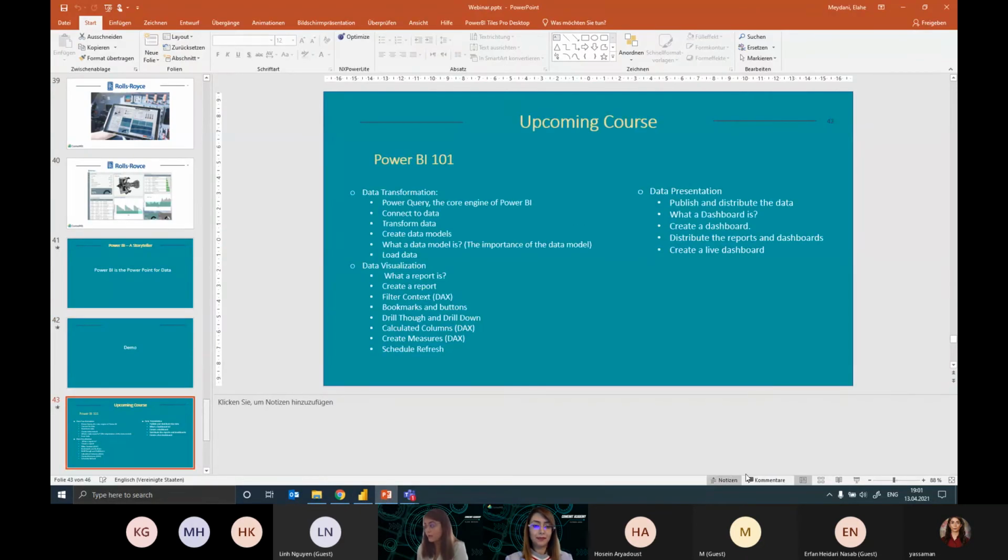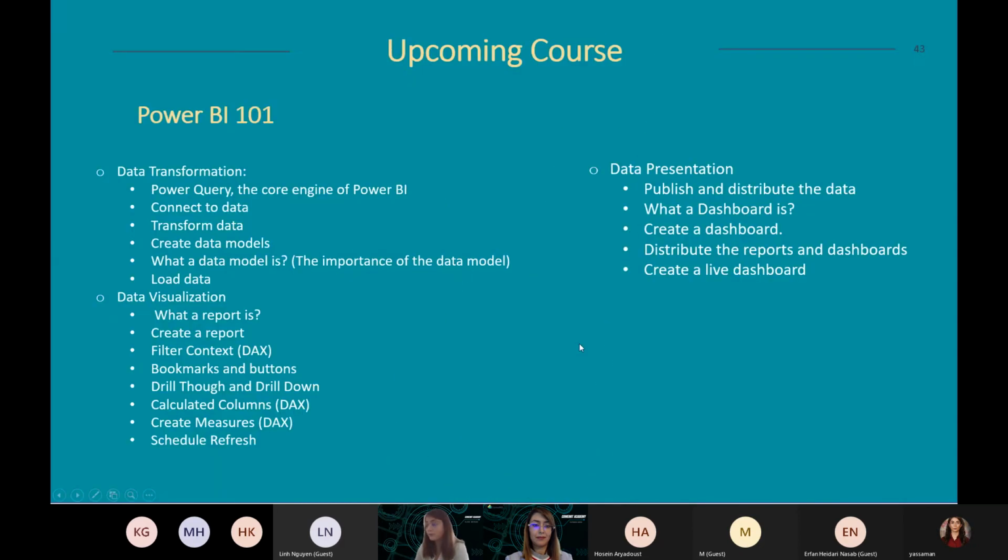So we have the data transformation session, data visualization, and data presentation. In transformation, which is the first step, we will talk about Power Query. We will talk about how to connect data, transform it, create the data model, what is the data model, of course, and load the data.